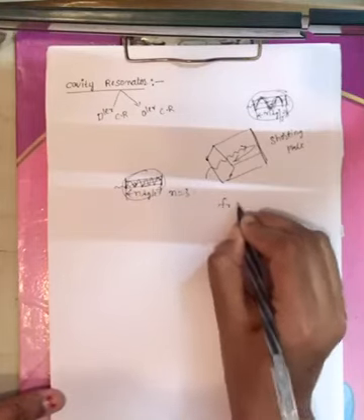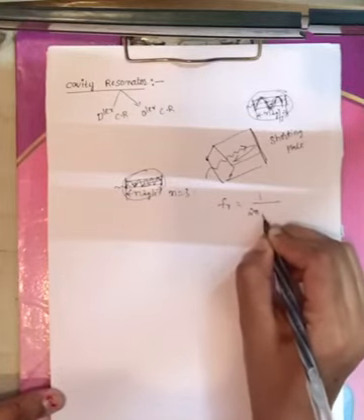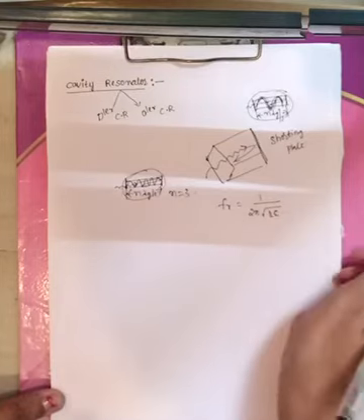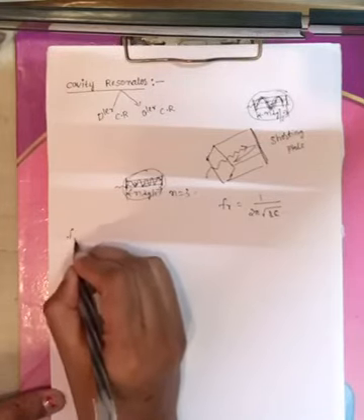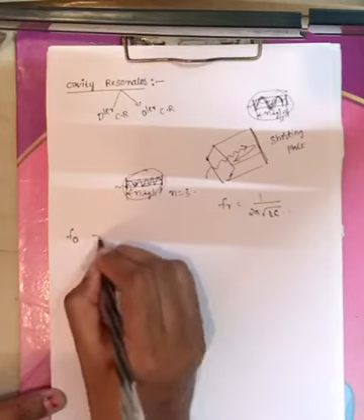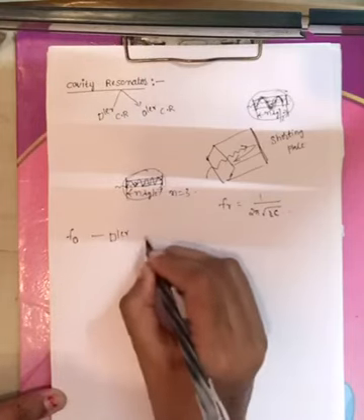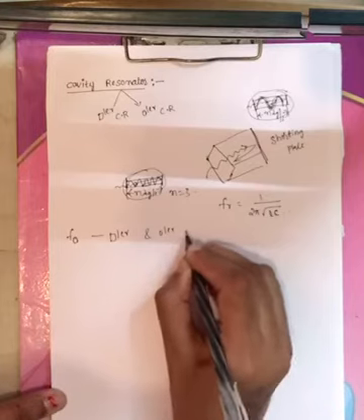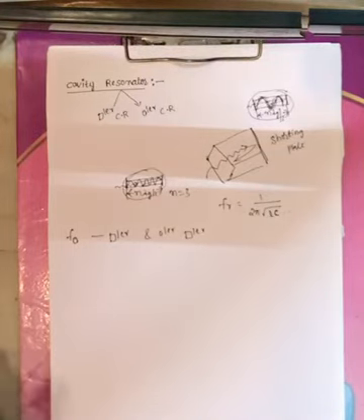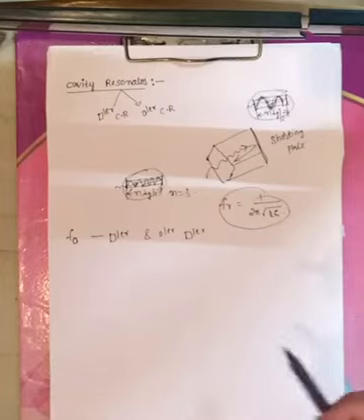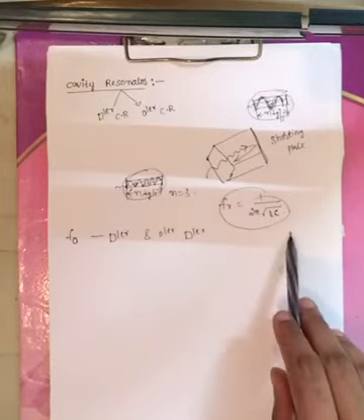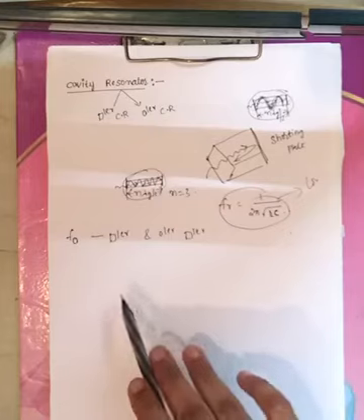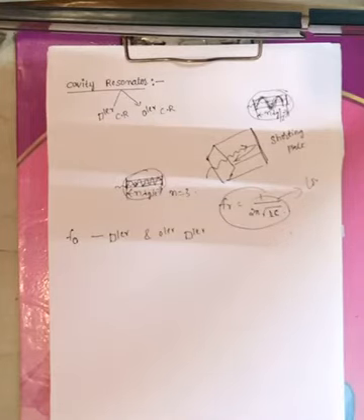Now we know the resonant frequency is given by 1 by 2 pi under root LC, right? Now you know this formula, right? Now we have to define the resonant frequency, denoted by F0, for the rectangular cavity resonator and circular cavity resonator. Now this is at low frequencies. The device exhibiting the resonant property has a resonant frequency of 1 by 2 pi root LC. Now we have to define the resonant frequency at high frequencies, denoted by F0.